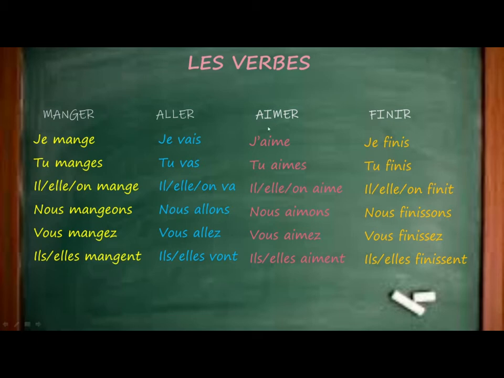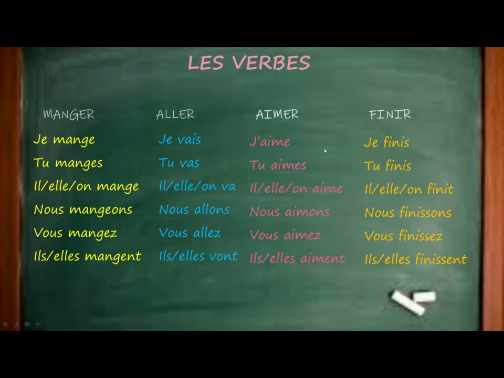So the pronunciation will be a bit different. Here the infinitive form will have the sound of a, but when you start conjugating, you'll have the sound of a: j'aime. Just for nous and vous, you'll have the sound of a. So aimer, to like or to love. Donc j'aime Pondichéry. Donc j'aime la France. J'aime l'acteur Ajit Kumar.